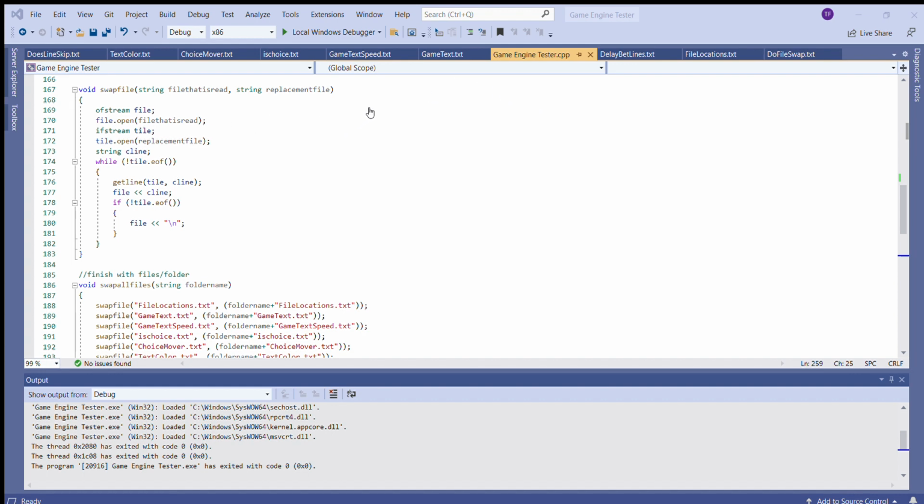What I also have added is a delay between lines file, which, as it mentions, is a delay between lines. This is in seconds, and as you can tell, it is a bit on the high end. As before mentioned, this is just a prototype. I have not made a proper demo version. So